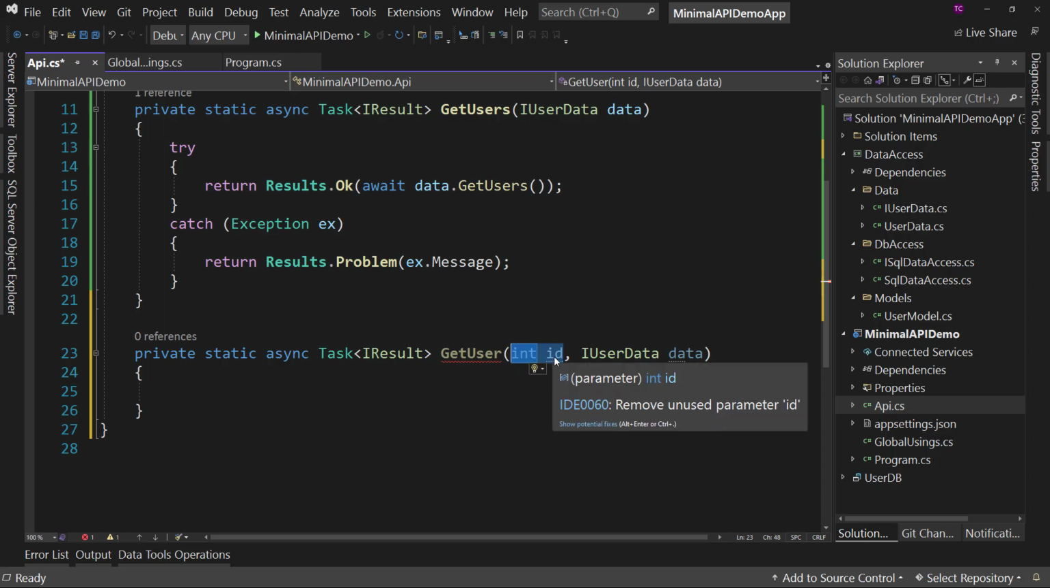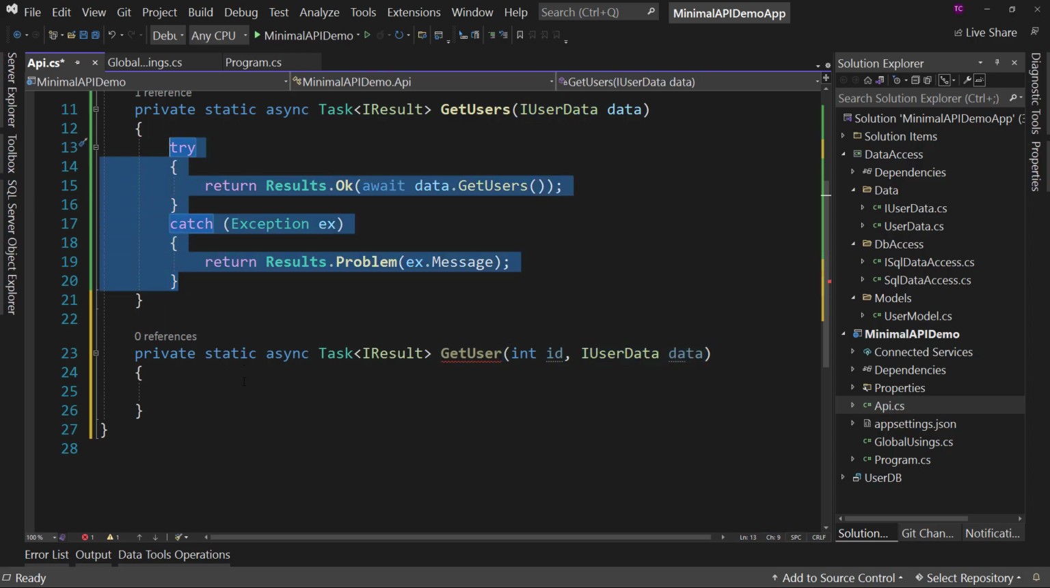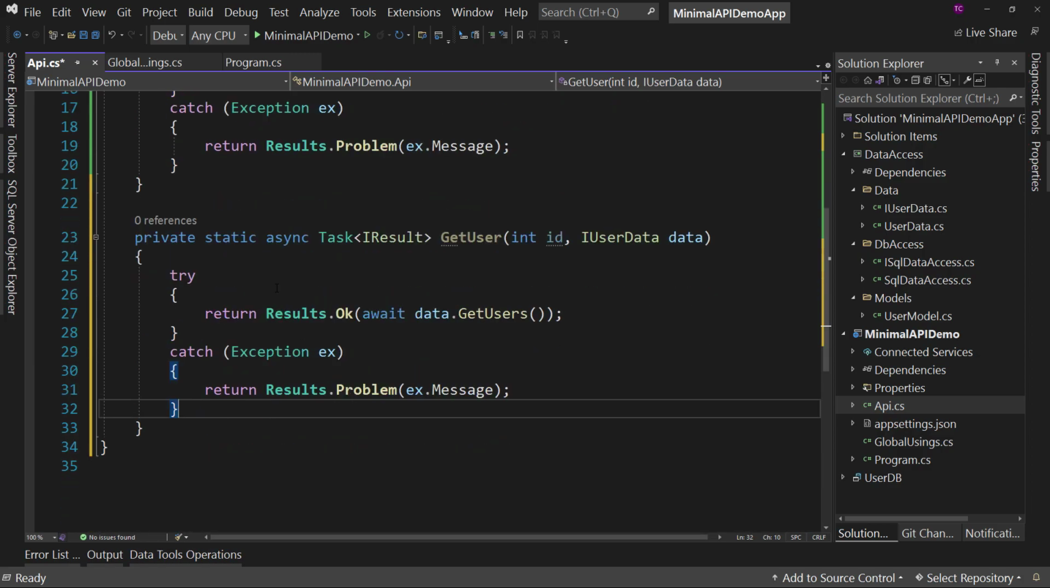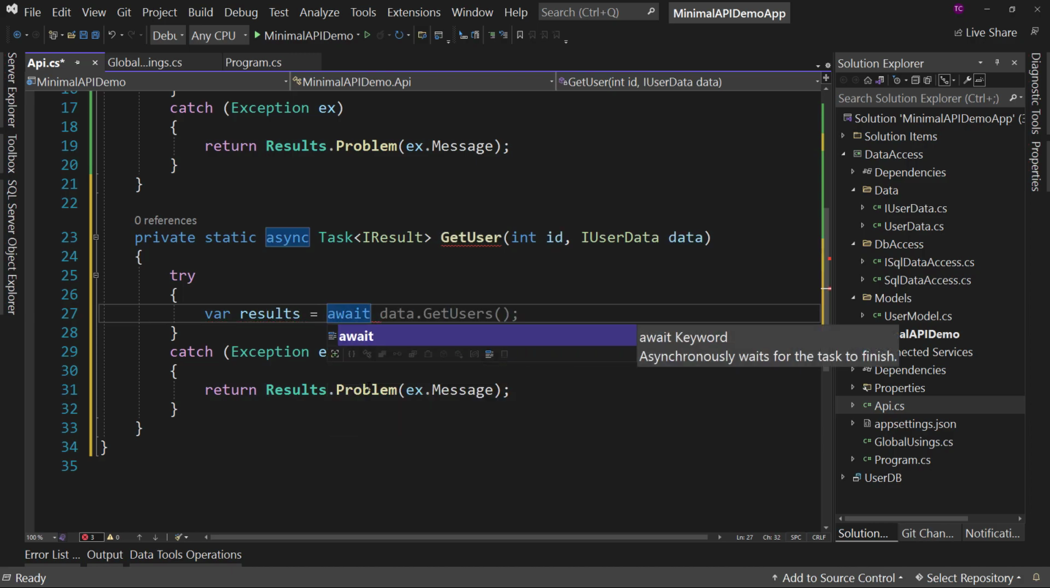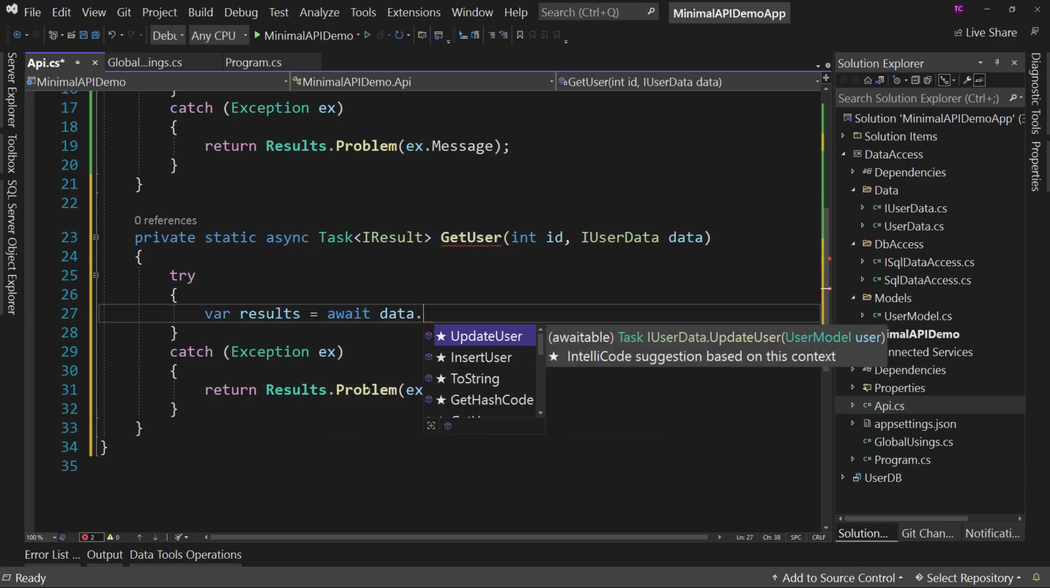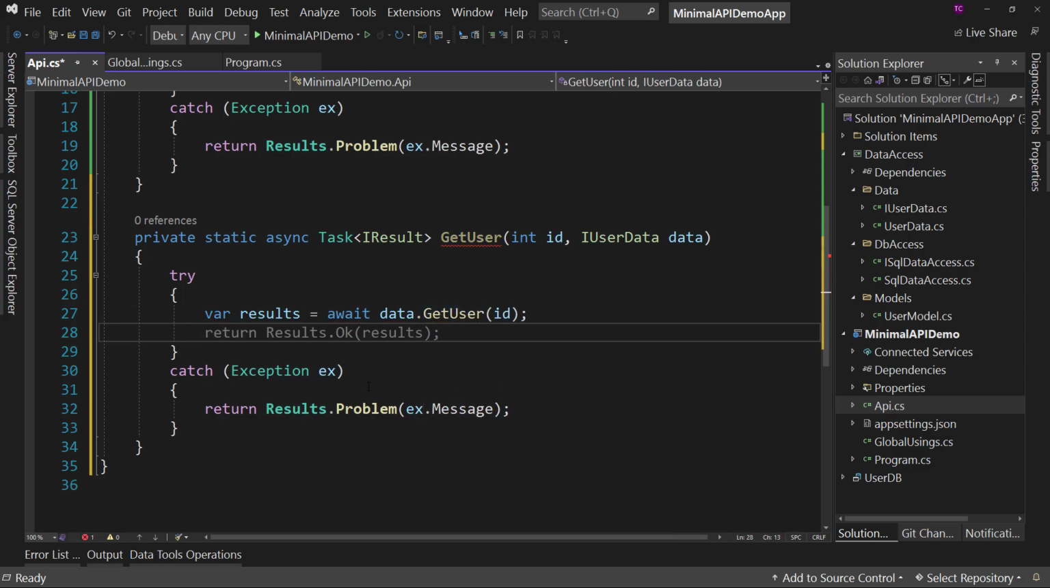So we have asked the user for the ID. We're getting this from dependency injection. And now we can just copy this and paste it down here, and we can modify this so that we actually have our proper call. So we got the Results.Problem stays the same. But here we can say var results equals await data.GetUser, passing in the ID. And then if